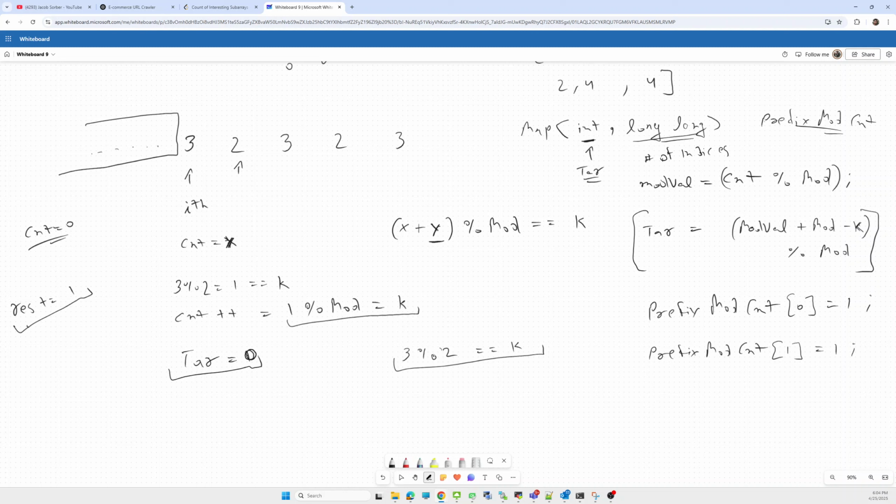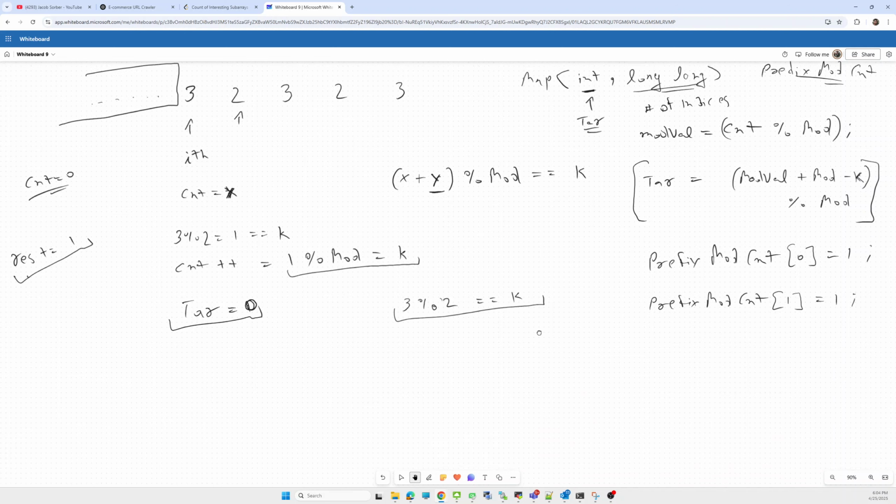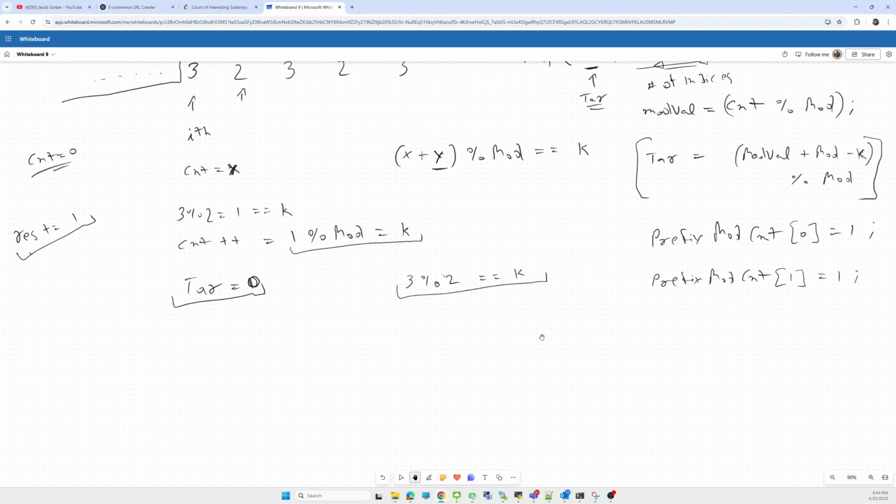Okay, so now here we have to find, for this 2, what will be the achievable target, meaning what target we need to make this subarray interesting, including this. So how can we check? Using this also we can take the same here. Till here the count will be, because this 2 is not satisfying the condition,